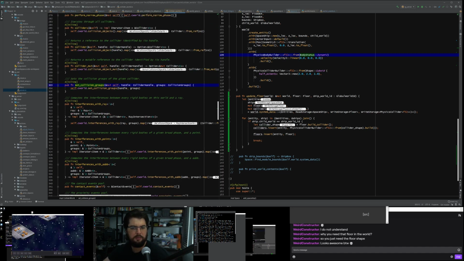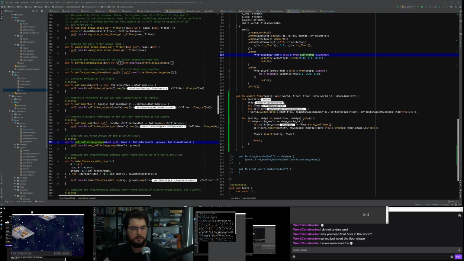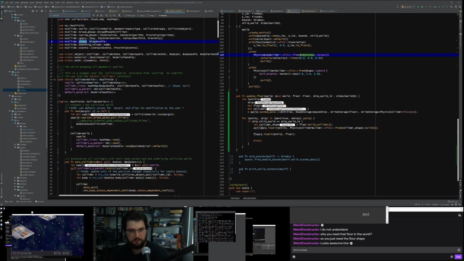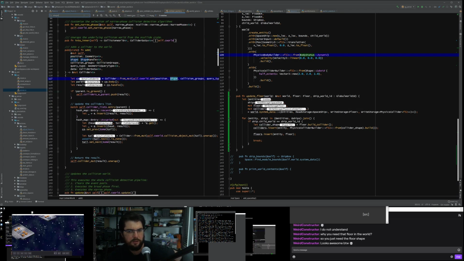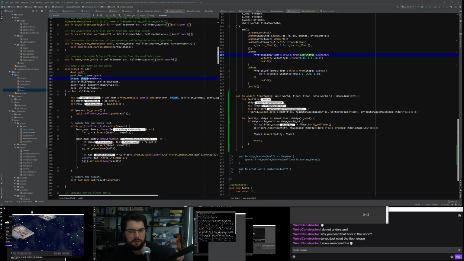Okay, so it doesn't have set shape. So there's an add which takes a shape. So we really do have to remove and re-add the shape. But removing the shape seems to blow up in our face.